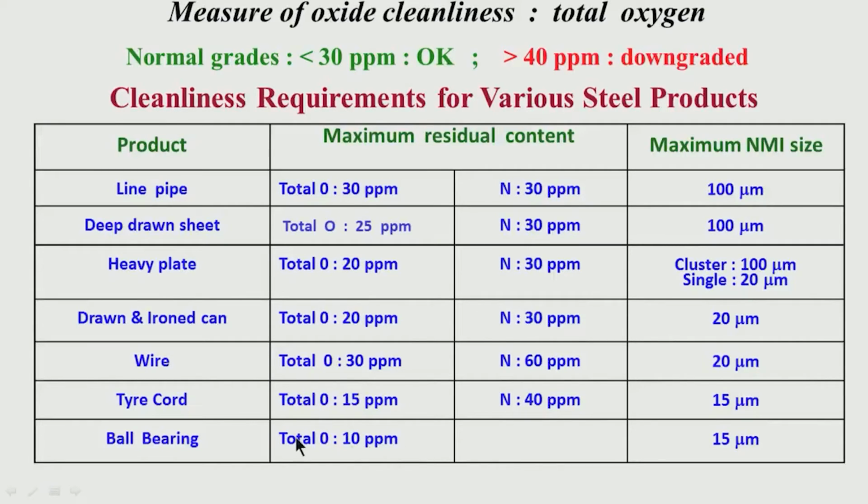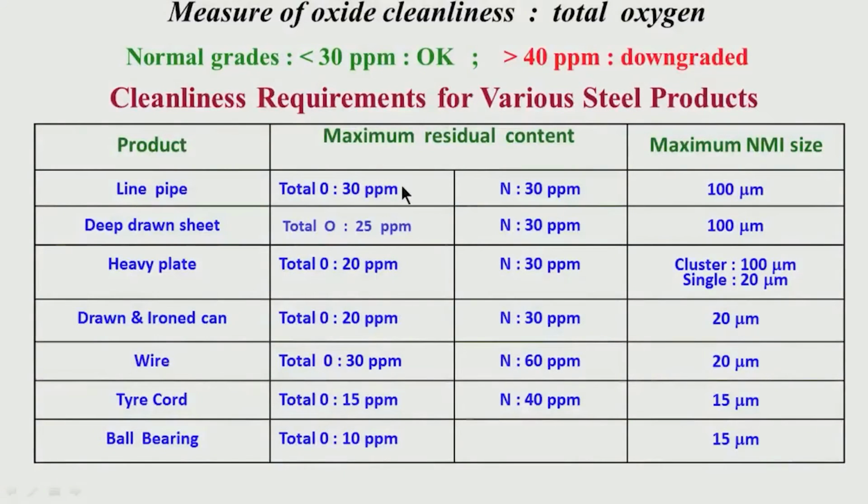Similar is the case with, say, ball bearing or tire cord. These two are products with extremely stringent requirements. Look at their levels I have mentioned earlier. So while we are producing these grades, we have to be very, very careful. As I was telling you about the disposition of cast steel, suppose we have a cast slab where we have got a residual content of total oxygen of, say, 30 ppm,